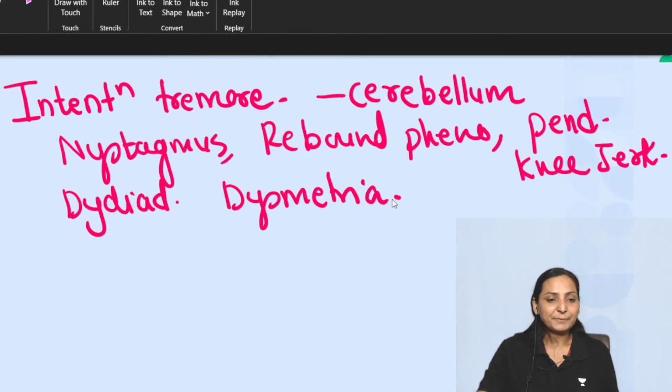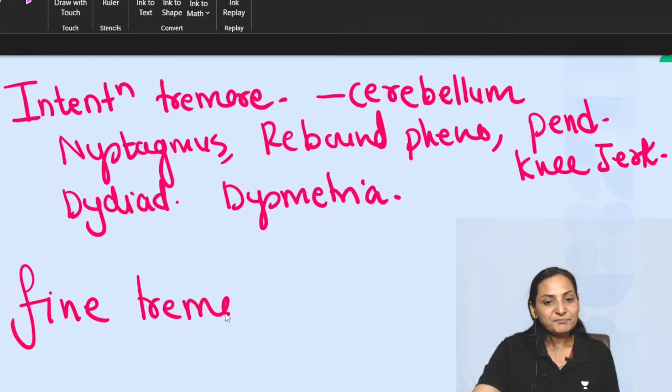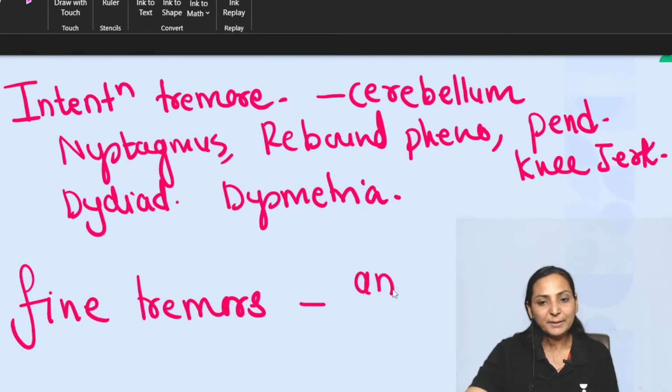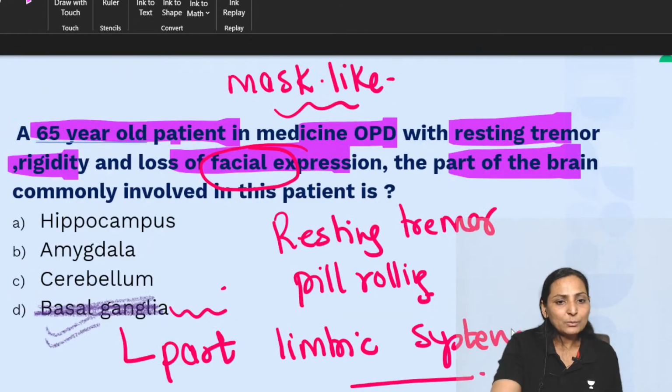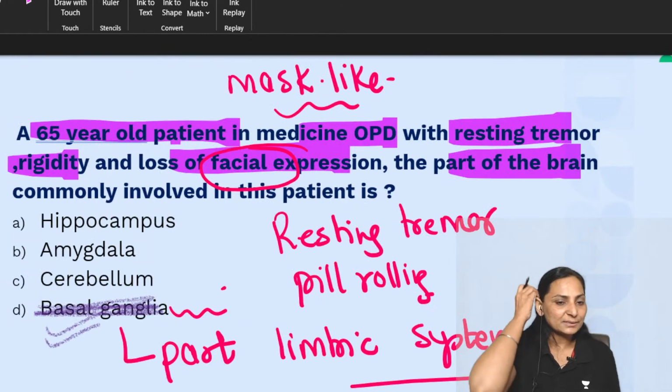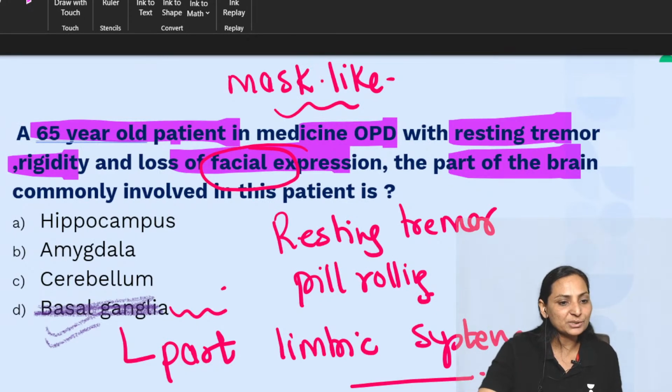So that is cerebellum. Apart from that, fine tremors are seen in the patient with anxiety, and in the patient with hyperthyroidism, right? Around this, you can also study flapping tremors. Now, if you consider the other options, for example,